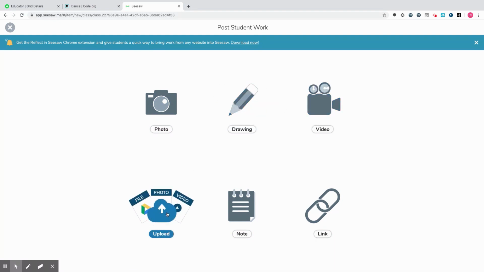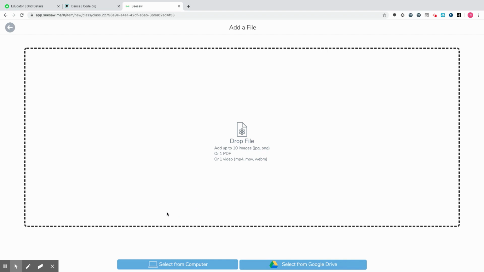They can upload. So if you choose upload, they can drag and drop one file. They can add up to 10 images, one PDF, or one video in the format of MP4, MOV, or WebM. Down here at the bottom, you can also see they could select directly from their Google Drive, or they could add from their computer. If I choose select from Google Drive,